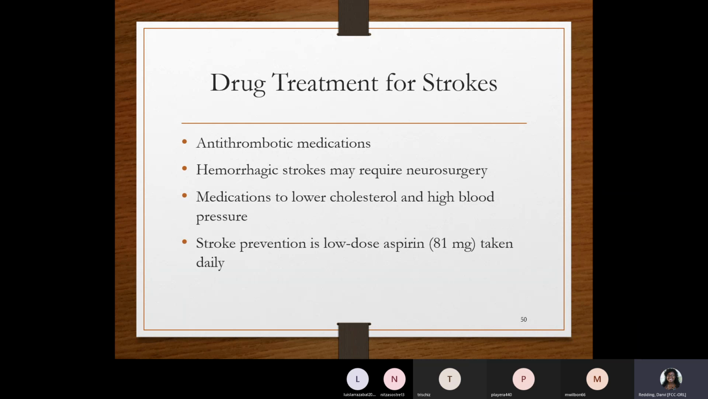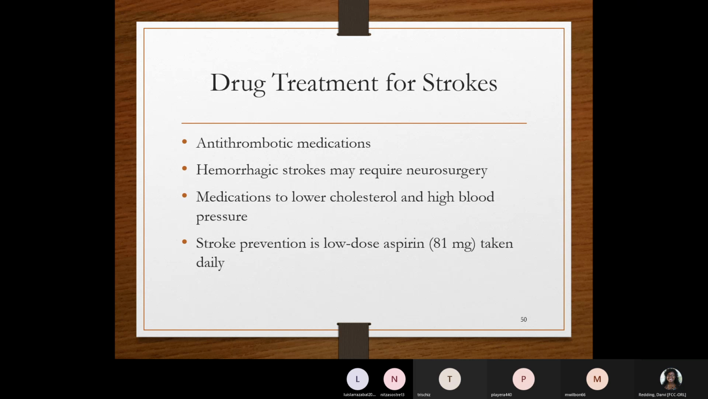So some of the medications for the drug treatment of strokes would include antithrombotic medications. Remember, anytime you hear thrombotic, you should think of blood clot. So antithrombotic represents a block of the blood clot. So drug treatments for strokes,